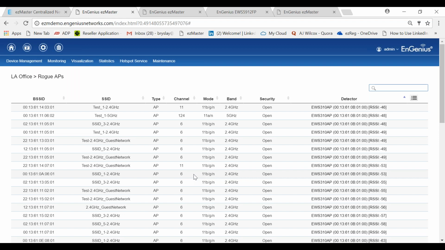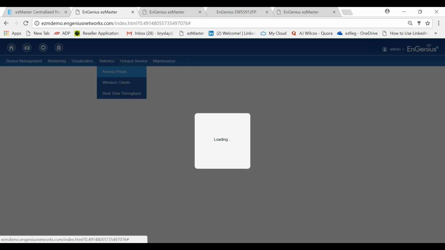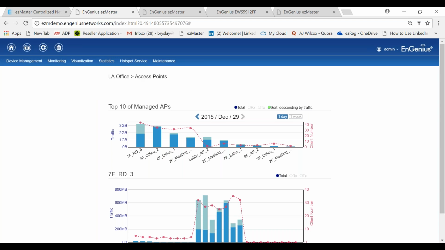Another thing that can be used in regards to monitoring is statistics. If you go to statistics and go to access points, again, we're within a project, so I apologize if I'm not referencing that, but in this case, we're in an LA office project. I'm looking at the access points within the Los Angeles office.